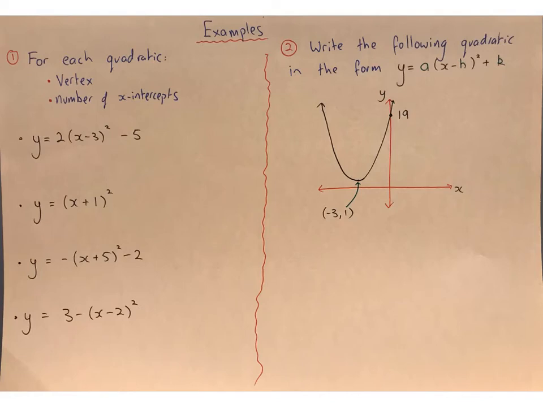In this lesson, we're just going to be looking at situations where we're given the expression in factor form or fairly close. Okay, so we're not going to be completing the square this lesson. So, for a few examples to make sure you understand, for each of the following quadratics, what's the vertex and the number of x-intercepts? So for our first example, the vertex has the x value that when I sub in that value it makes the bracket 0,